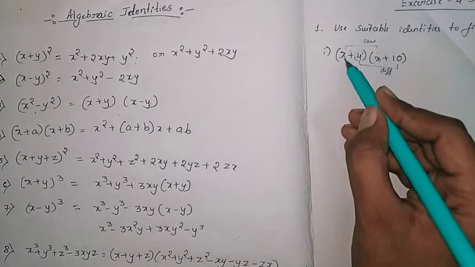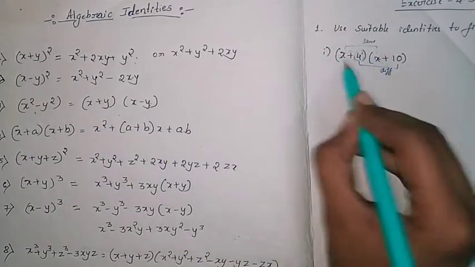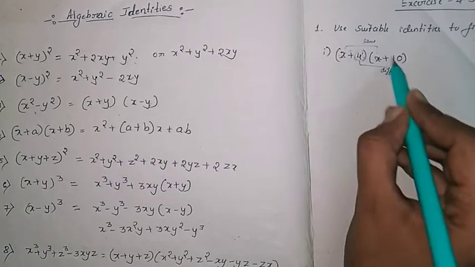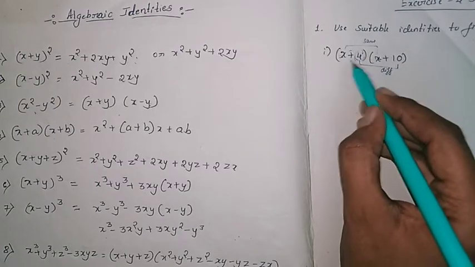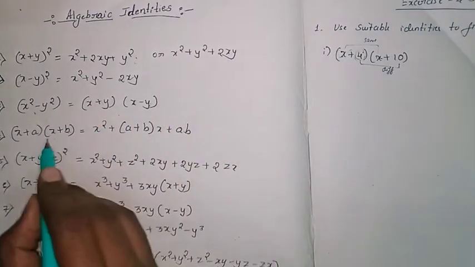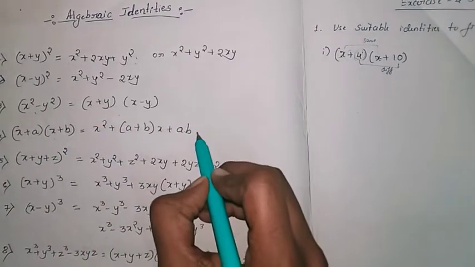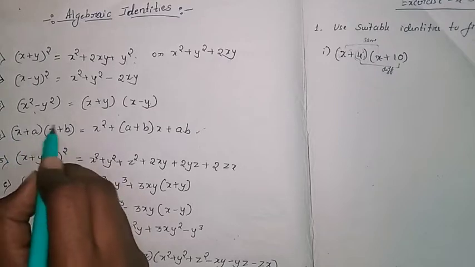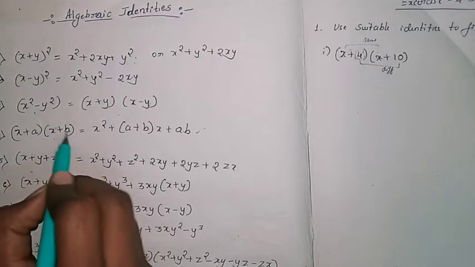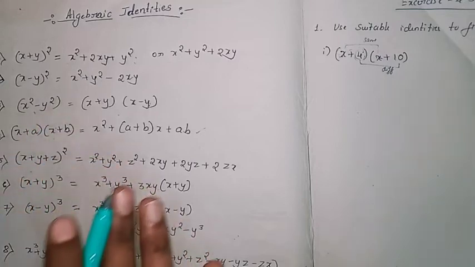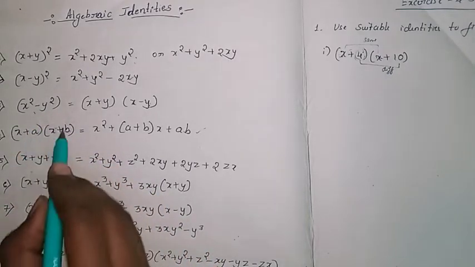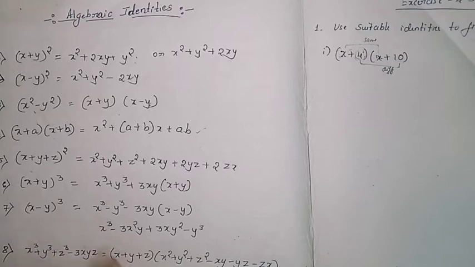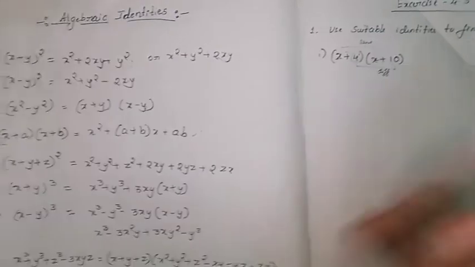But here you can observe that the x and x, the first term is same, but in the second terms the numbers are different and the sign is positive. So for that you can observe this formula is perfect because it is x plus a and x plus b. That means the first term is same, the second terms are different and the signs are positive. Even we can write for the negative terms also, that I will discuss afterwards. So that means now we got our identity, which formula we have to use.